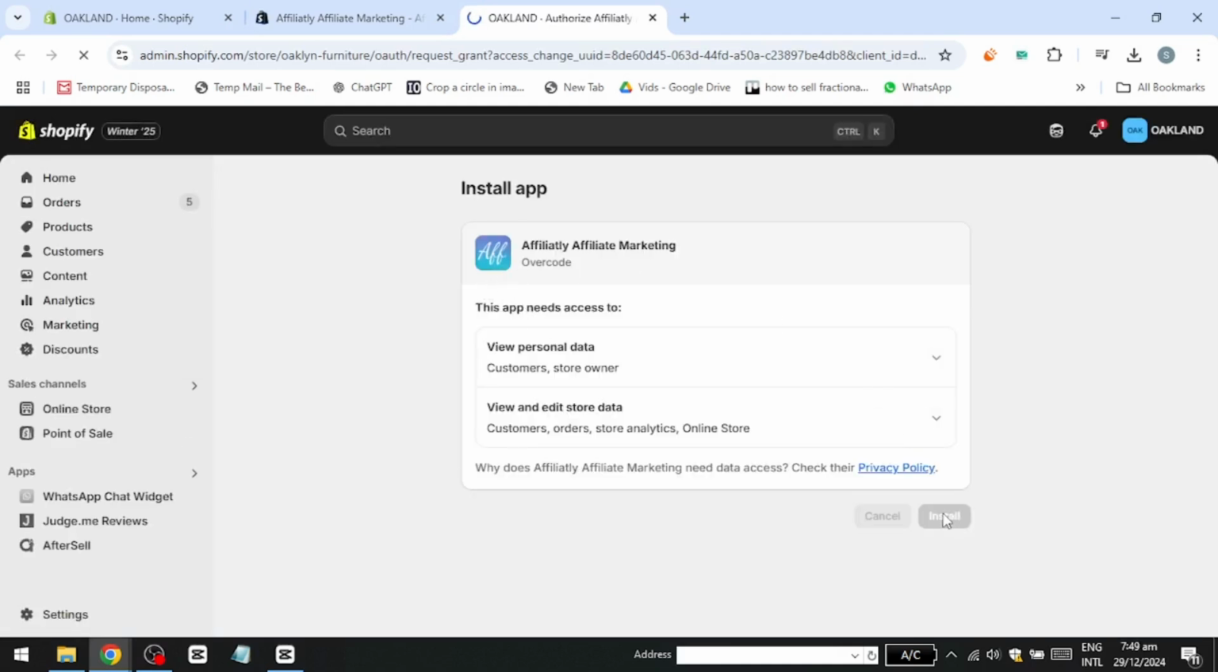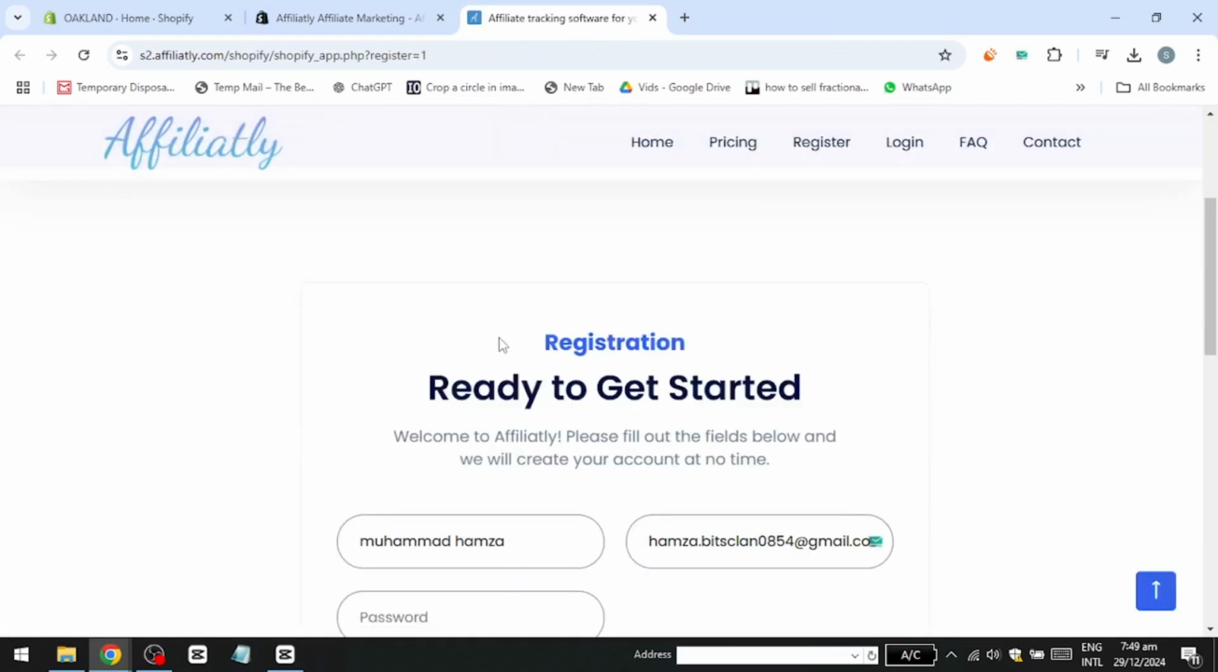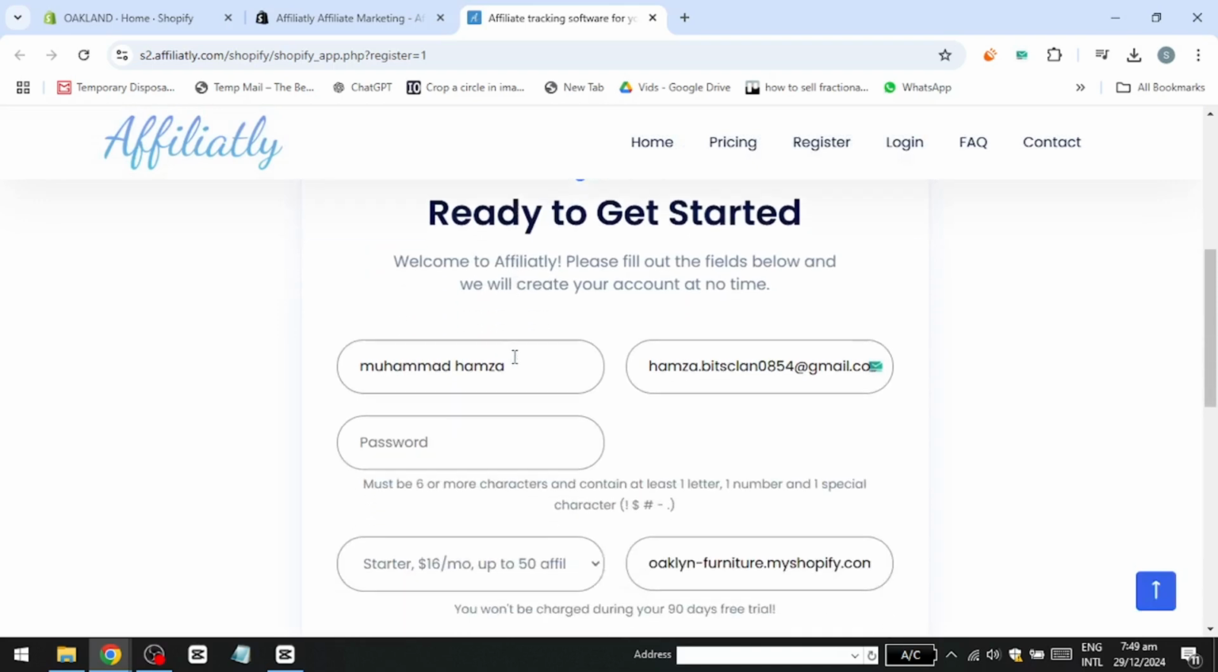You will then be asked to provide your store URL and create an account on the affiliate platform. Follow the on-screen instructions to complete the setup process, ensuring that your account is fully configured to integrate seamlessly with your Shopify store. With your affiliate platform installed and your account set up, return to your Shopify dashboard and navigate